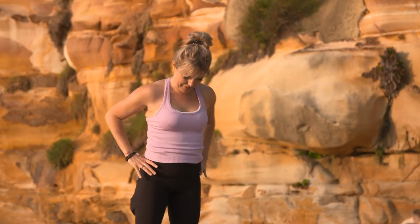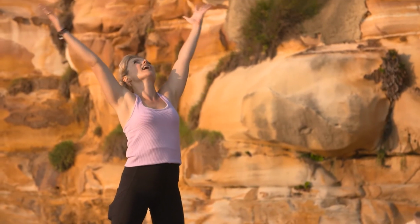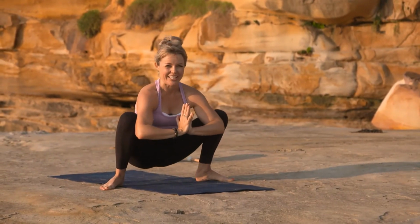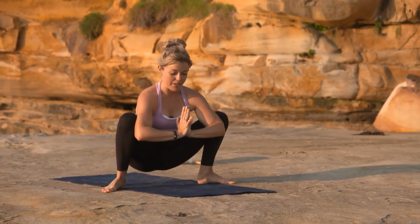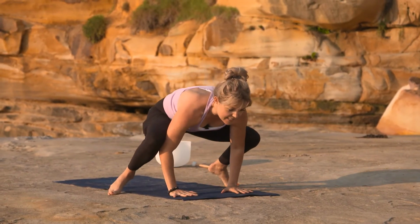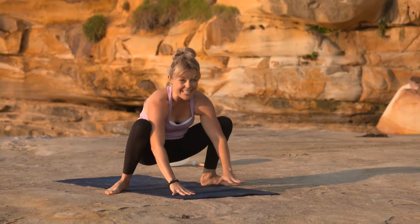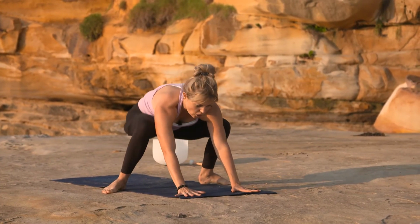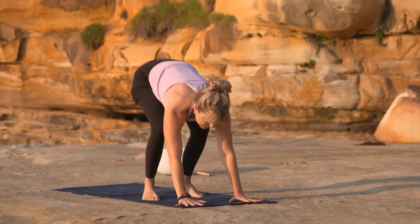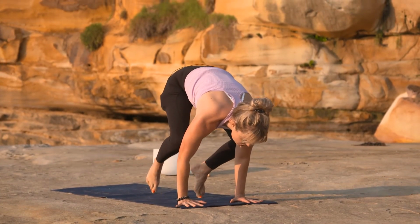So coming to step your feet nice and wide. Maybe come about halfway down your mat. Reach the hands up. Come and sink back down into your squat pose. All right, so earlier we did our baby crow. Now we're going to work on the full variation. So you can continue just bouncing forward, keeping the knees inside the elbows, or this time you can bring your feet a little closer and bring the knees to the back of the arms,